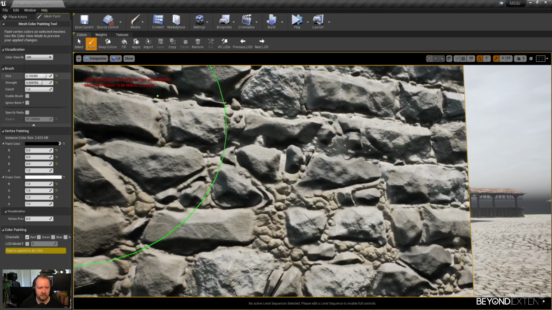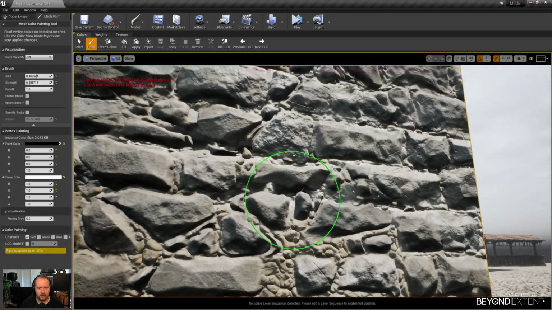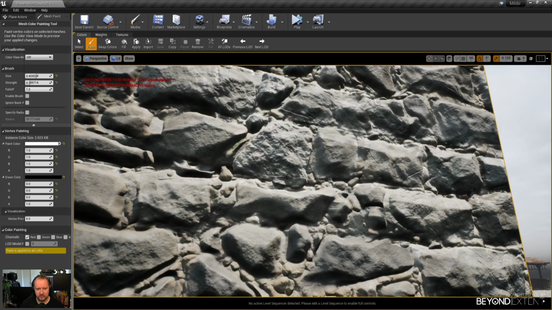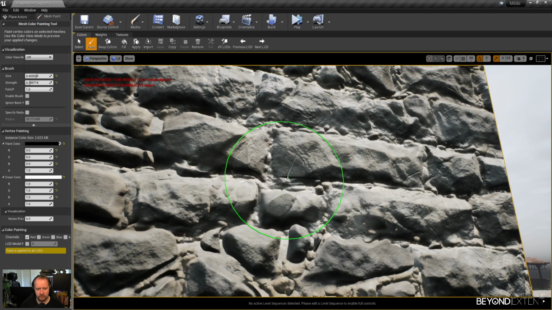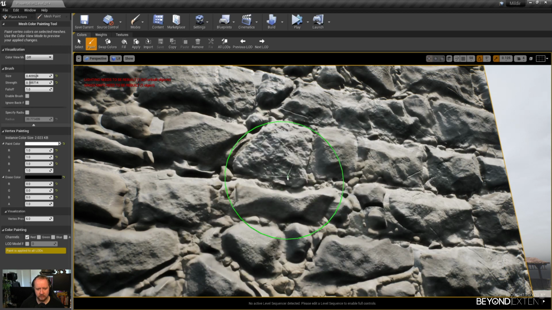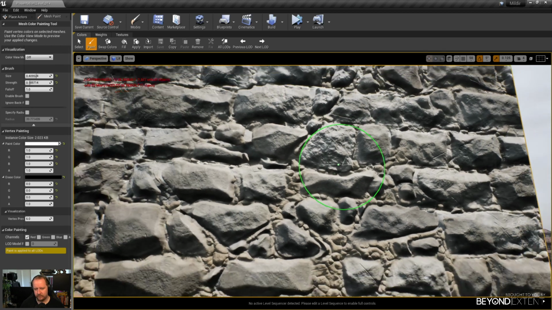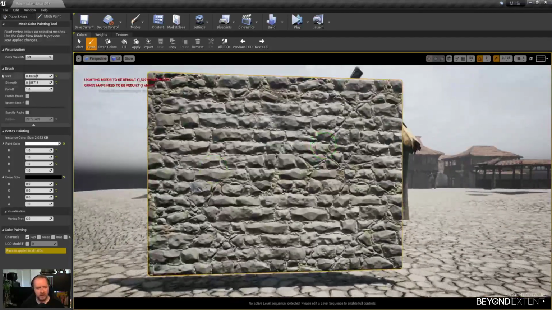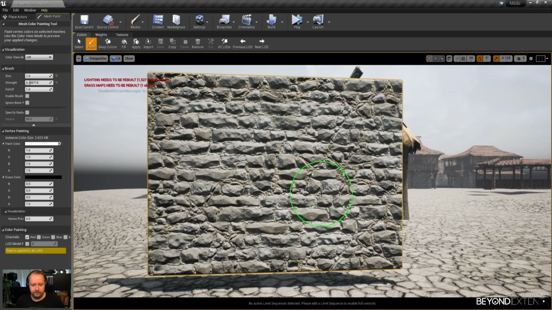You can get a really specific look. So you can see the transition that's happening if I just click through the two textures. So that's probably the density that I would aim for on these kind of walls. Again, you could go higher than this. In my case, I didn't need to.